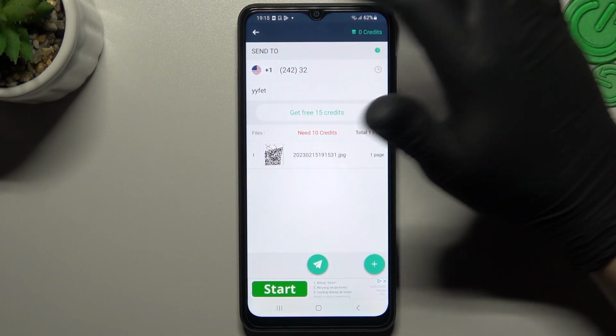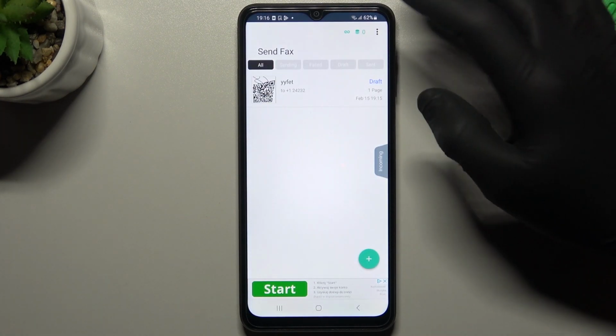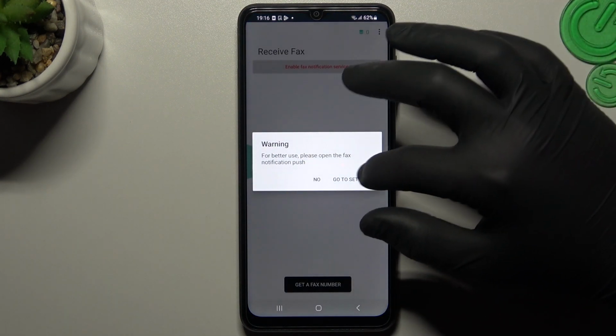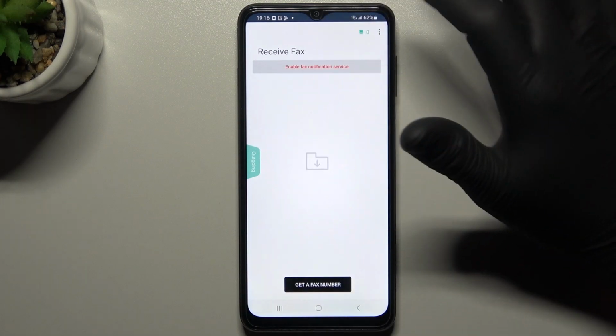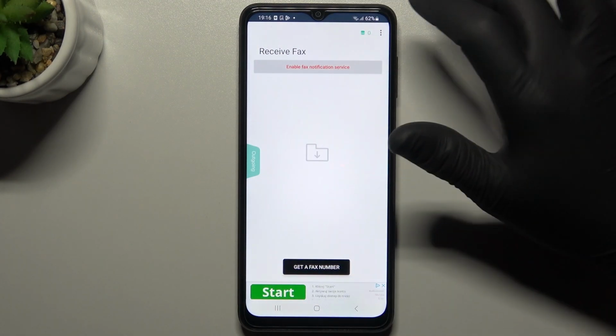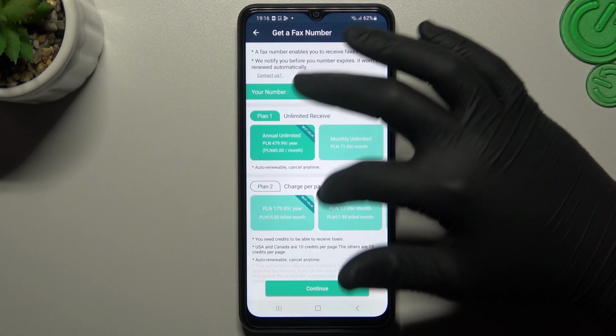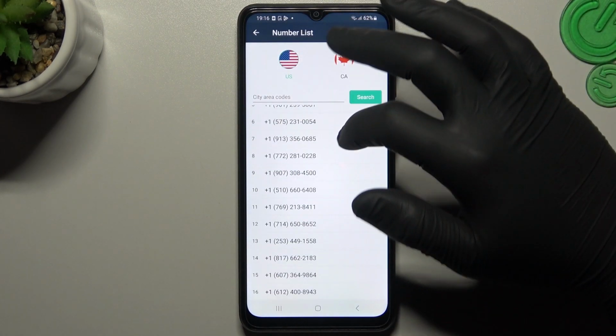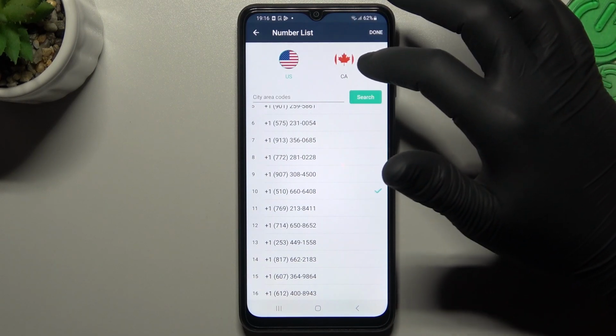But if you want to get a fax number to receive the fax messages, tap on this little tab, and just tap on the get fax number. Now just select your plan, click continue and choose the number, and after that